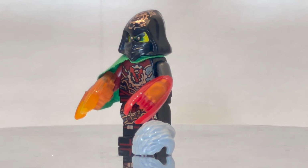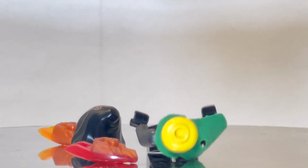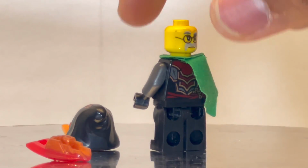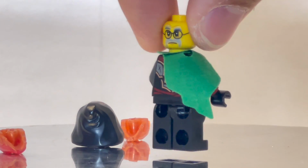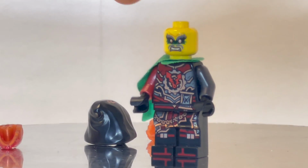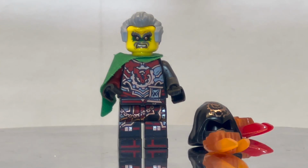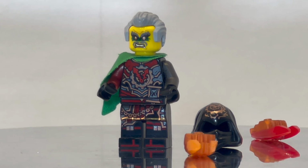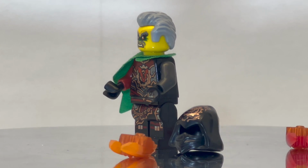Included in the very same package as the Golden Power Kai, which we just took a look at, was the young version of Crux, who basically had this exact printing, except he had bright red instead of dark red, and they removed the hourglass on his hip somewhat sloppily because you could still see the upwards part of it on his torso. They just kind of erased it and called it good. Now, despite that figure coming in a much rarer set, this turned out to be the rarer figure,